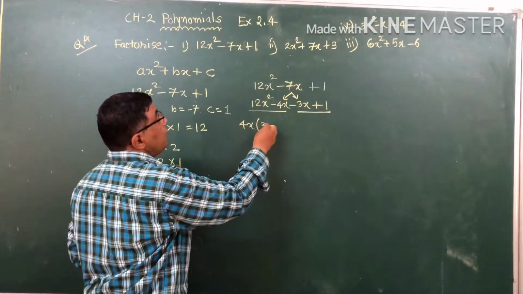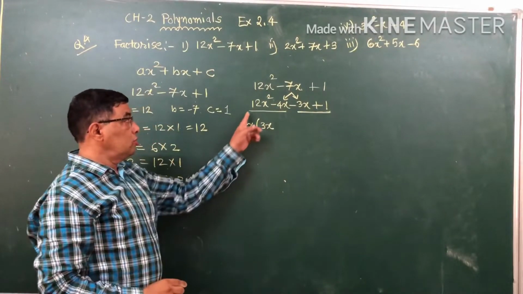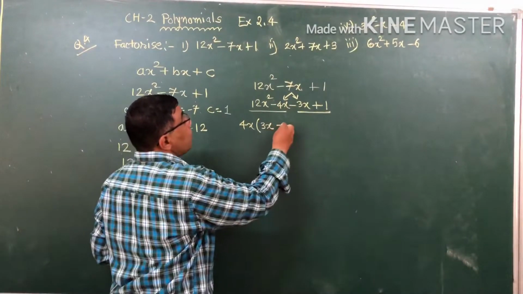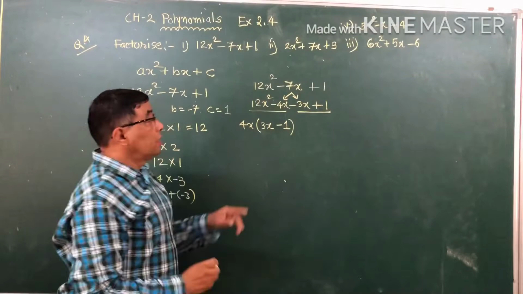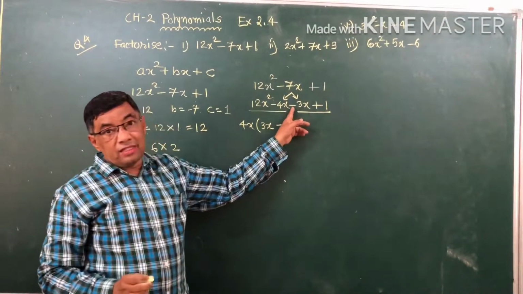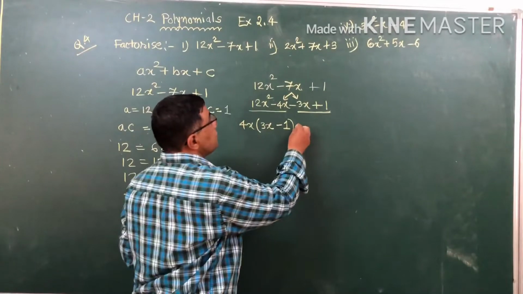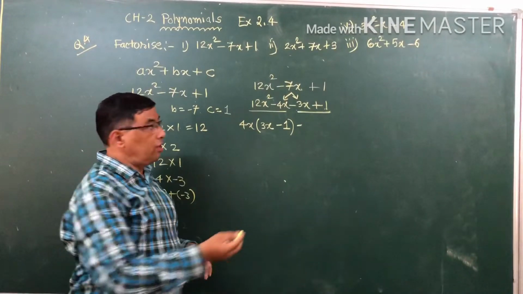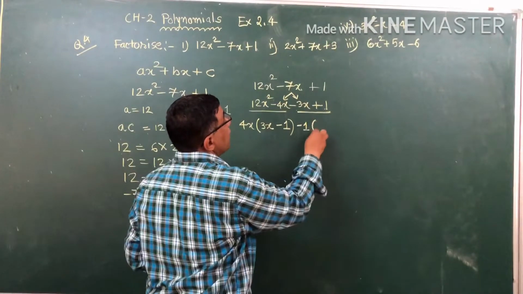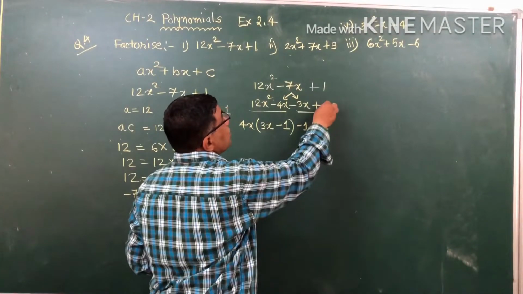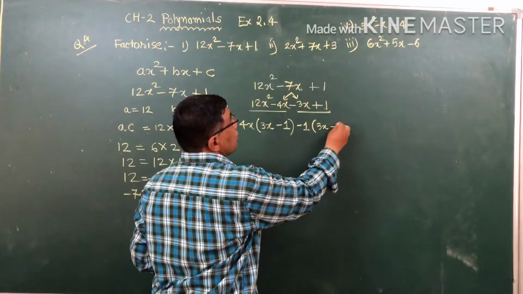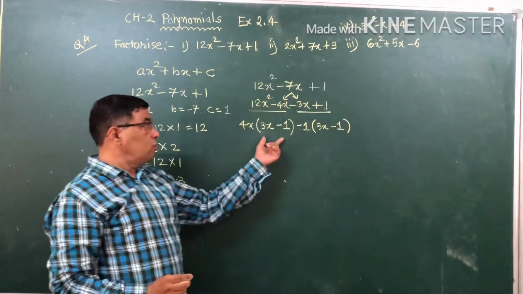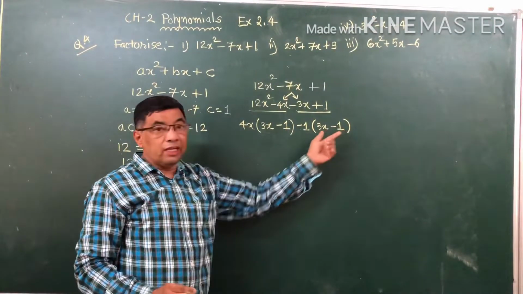Now 4 into 3 is 12, one more x is here, so we get 12x square. From this we take 4 and x, both are common, so minus 1 is left here. Whenever the first term has the minus sign, you take the minus sign common first. Now see what is common from these two terms. So 1 is common, we take 1 out, then 3x remains here. This plus sign, minus we are taking common, so it converts into minus, and so we are getting 3x minus 1. This way you get these two brackets the same, 3x minus 1 here, 3x minus 1 here.